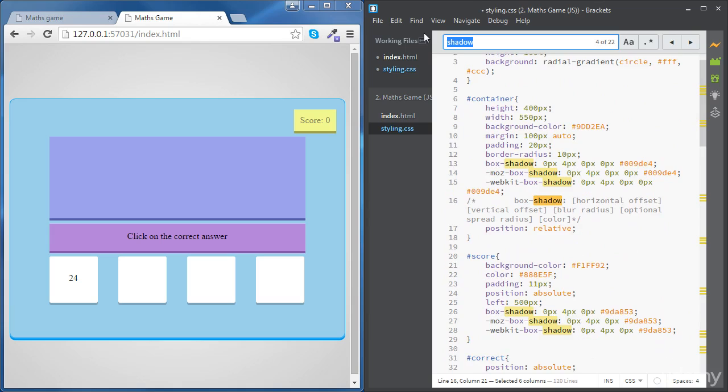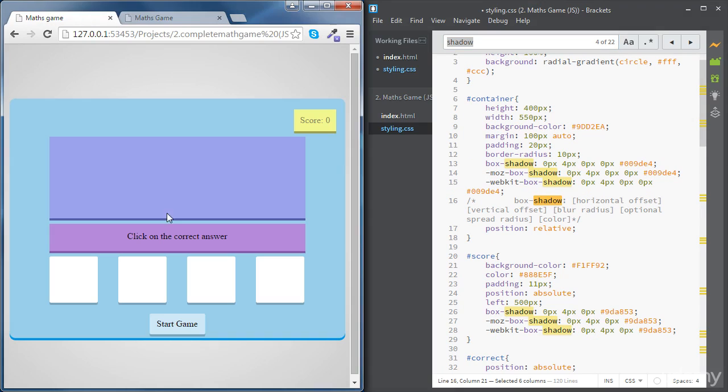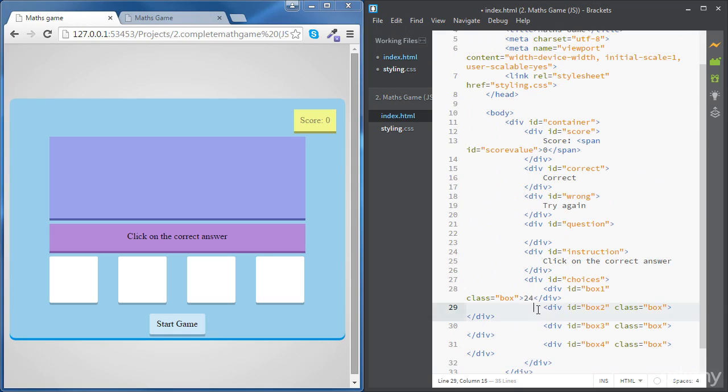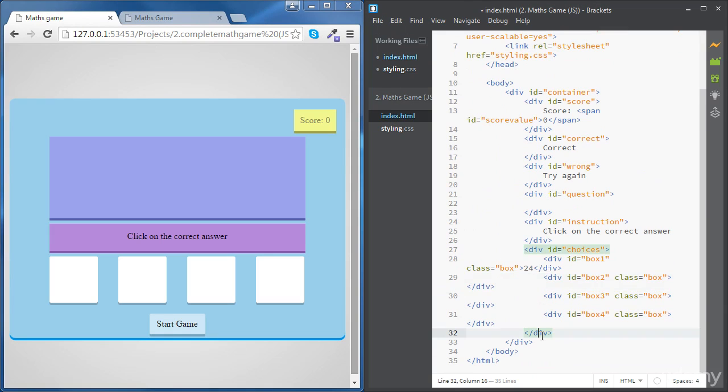Now we're going to move to the Start Reset button. So we're going to be creating a div following the choices div, and we're going to give it an ID, Start Reset. And also I'm going to place some text there, Start Game. And now let's